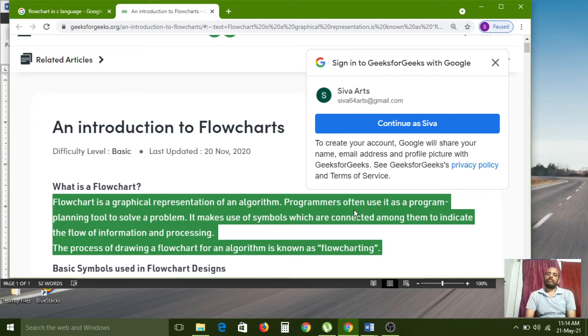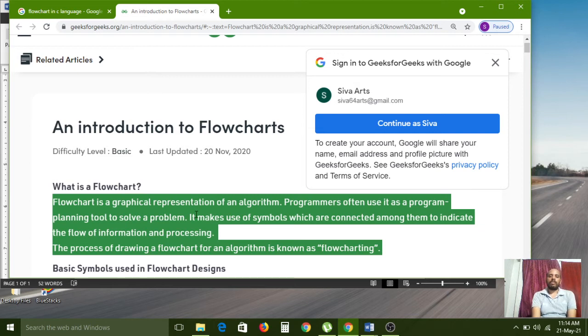So for any program you want to develop, we need to design one flowchart. Like that, if you want to design some other project, we have to define one more flowchart using symbols. But we have to understand the direction flow from those symbols. Programmers often use it as a program planning tool to solve a problem.